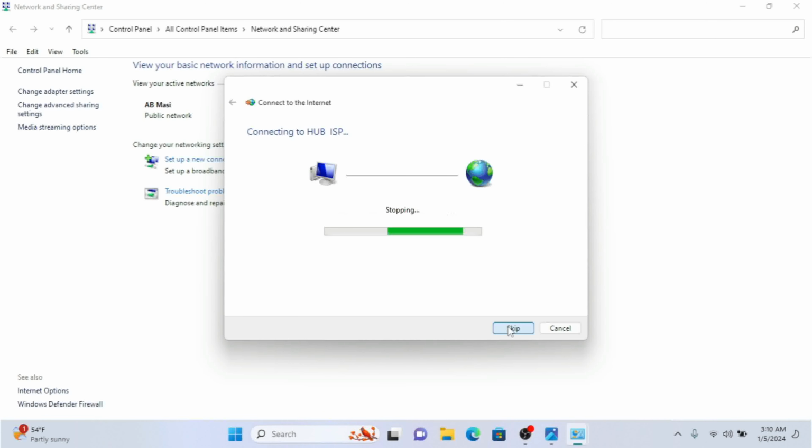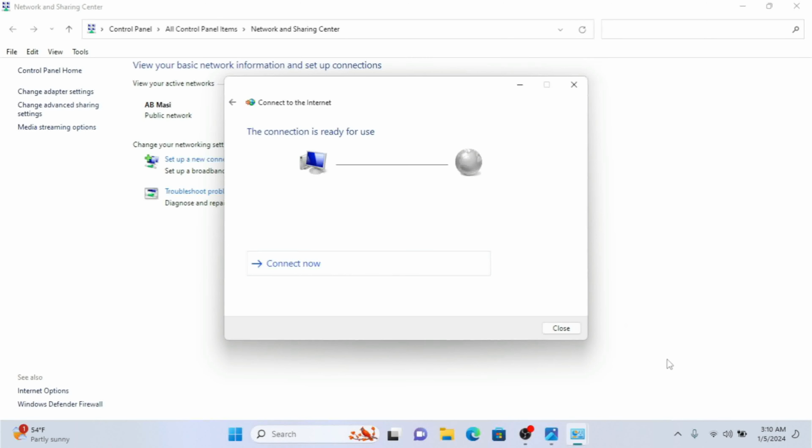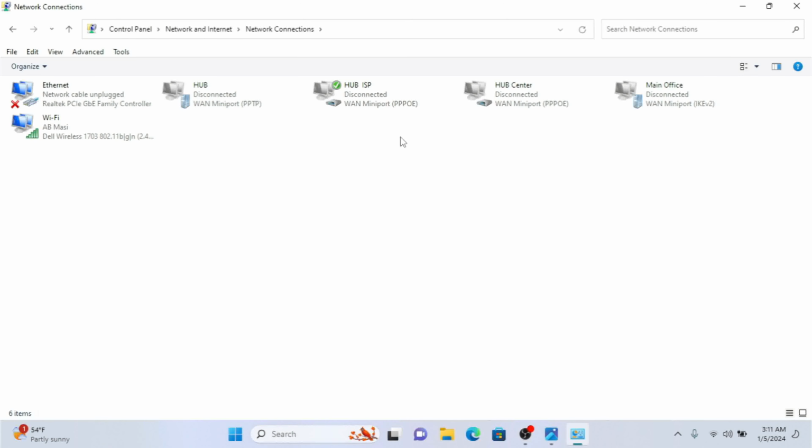So we're going to escape this, so I can show you there we have a lot of other options that you can change. If you configure this but you didn't connect it to that network, so it's still here, you can change some options. Like if I select this one,